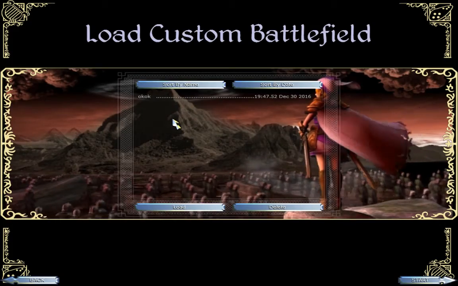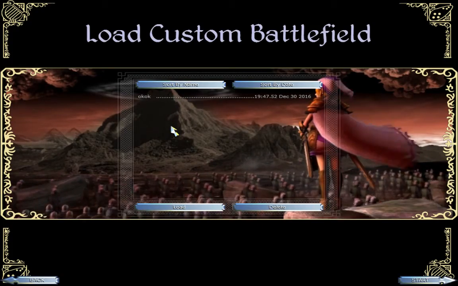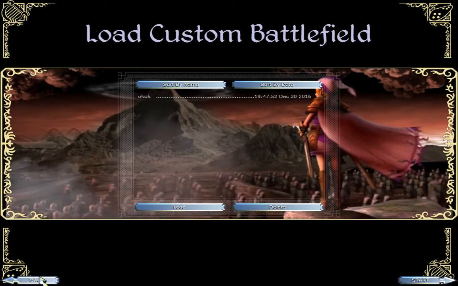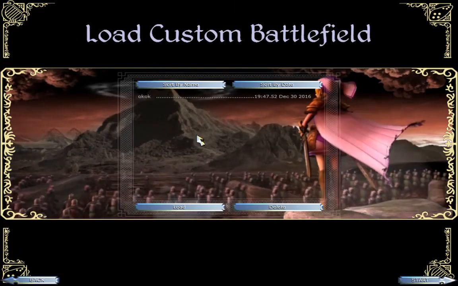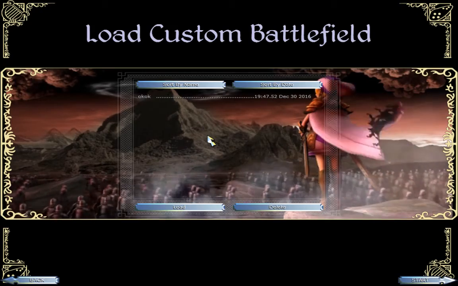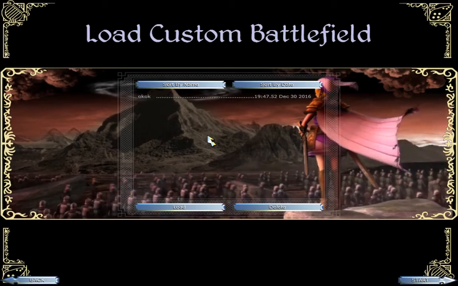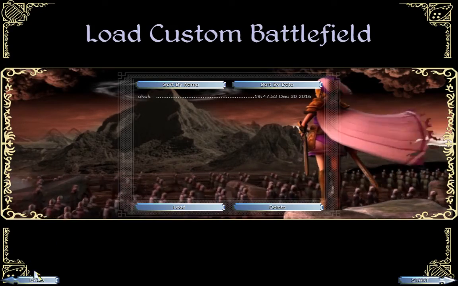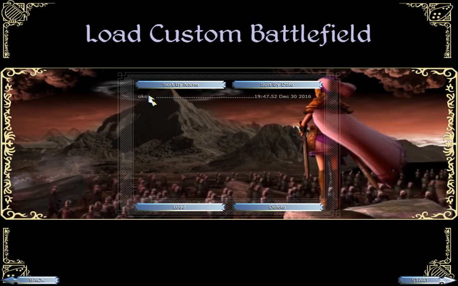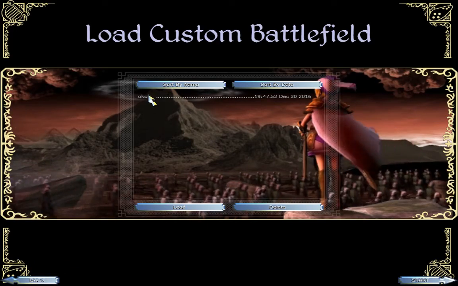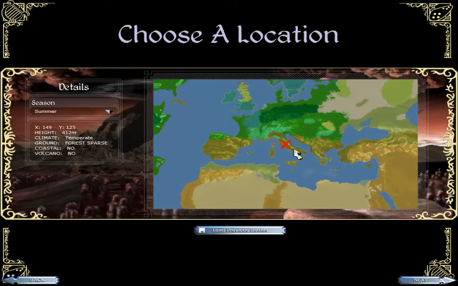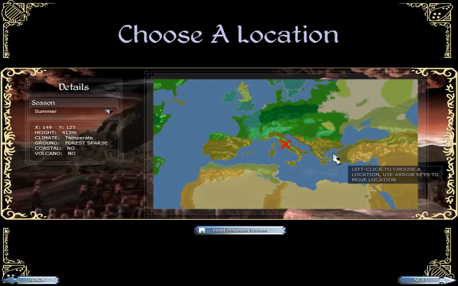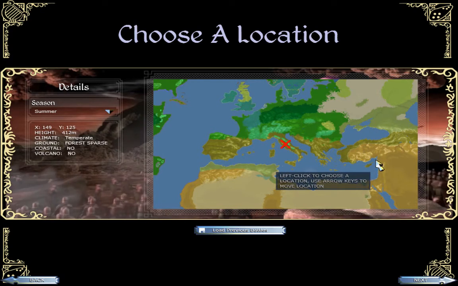So as you can see, I already fixed mine. But if you didn't fix yours, or if it's your first time loading, then you'd have to go here and load one of the original custom battles from Medieval Total War, and then make another save game, make a random save. You don't have to do anything, you just have to save, and that'll make it so that you can access this map again. So I remember I said 113